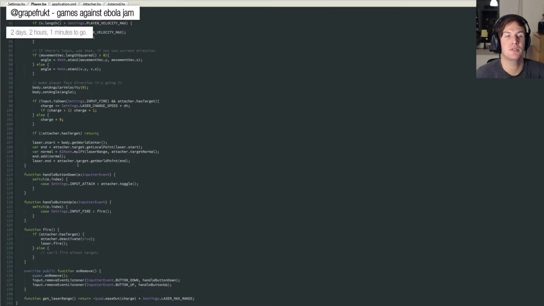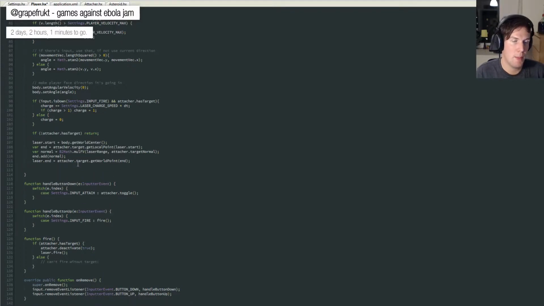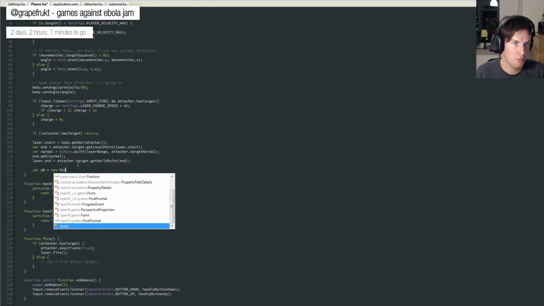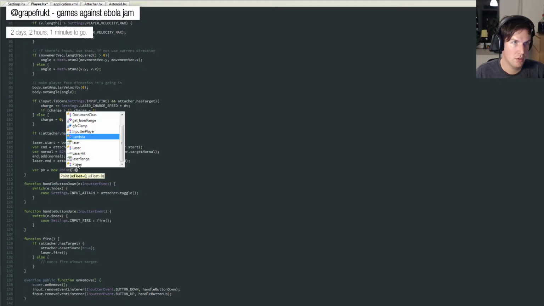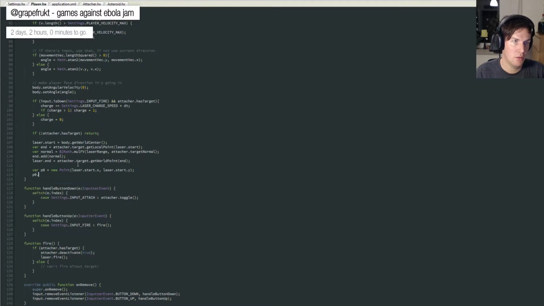Attacher, target normal. Maybe though, just maybe. So I can go laser start, which is in physics space. So we do P0 is new point, that is at laser start X and laser start Y. And then P0 gets multiplied,